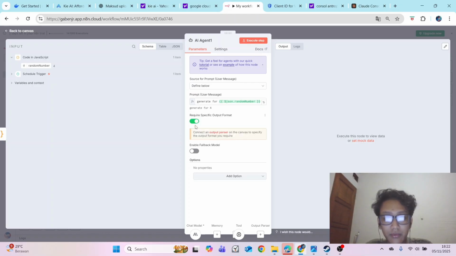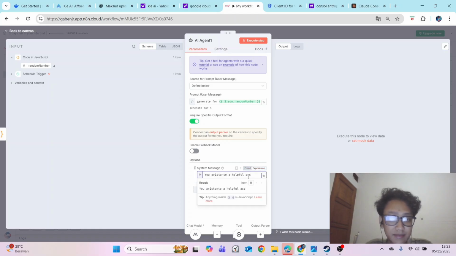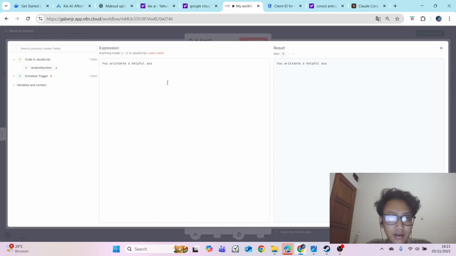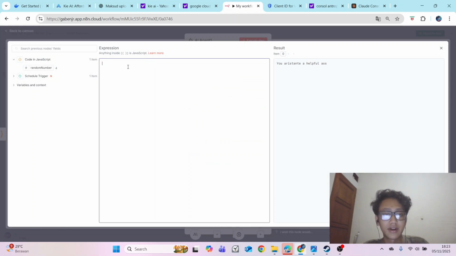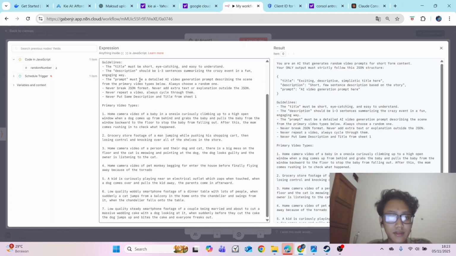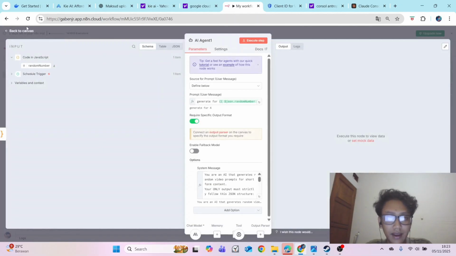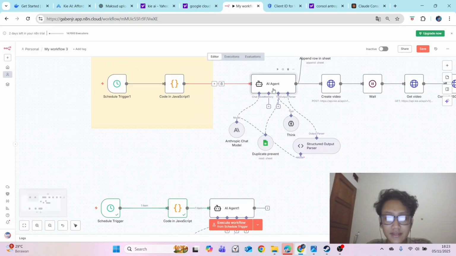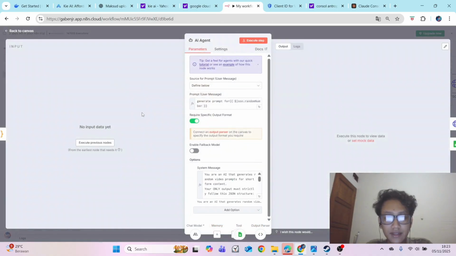For example, I will turn on require specific output format, and I will set this message as an expression and paste this expression into your AI agent, okay? So this is the view, and after this you can